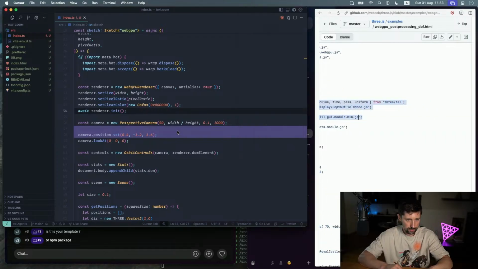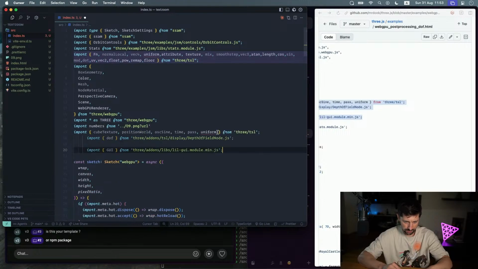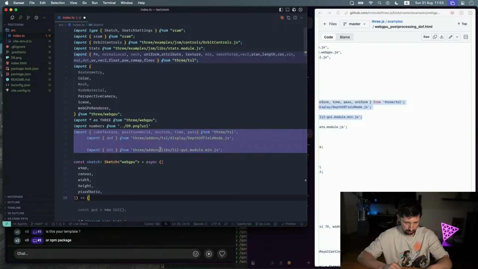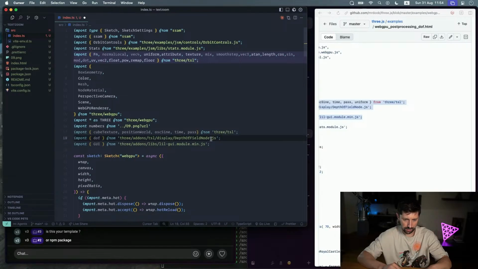Okay, let's import this missing stuff. So this comes from the three.js TSL. I don't need uniform actually. I have it already. The rest of the stuff is fine by me. Actually, which is nice, the three.js already has the lil GUI inside of it. I don't know, does it make any difference though, if you import it from the separate npm module or from the three.js? I guess better from the separate, because here it's going to be hard-coded version. But anyway,